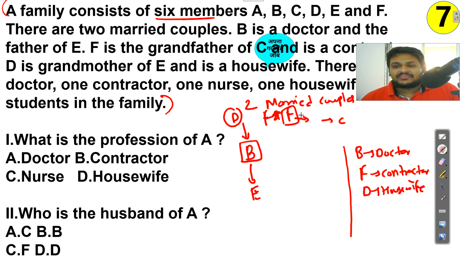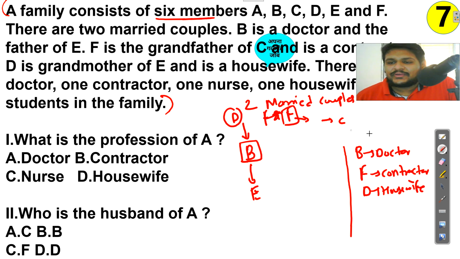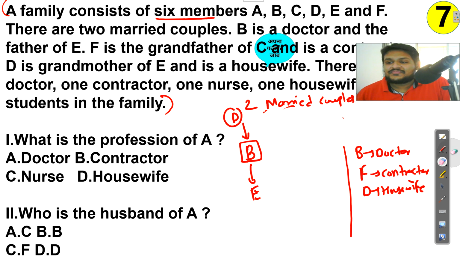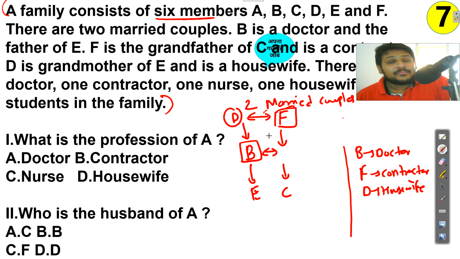Now see, this thing we have with us, that F is the grandmother of C, but in this first diagram D, B, E are there, so there is no link in that. What can we do in this case? This statement that F is a grandfather of C. So here D is grandmother. Suppose F is grandfather, means this couple is married, because 2 married couples are there. So suppose F is grandfather of C, means again the gap is there, right? So here B should be married, compulsory.